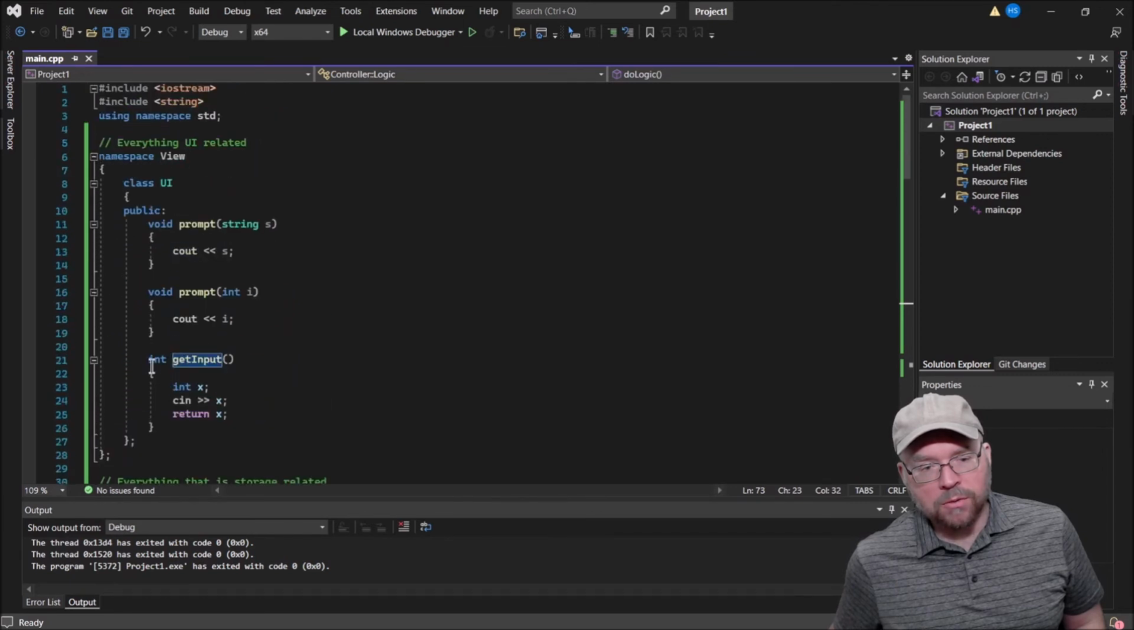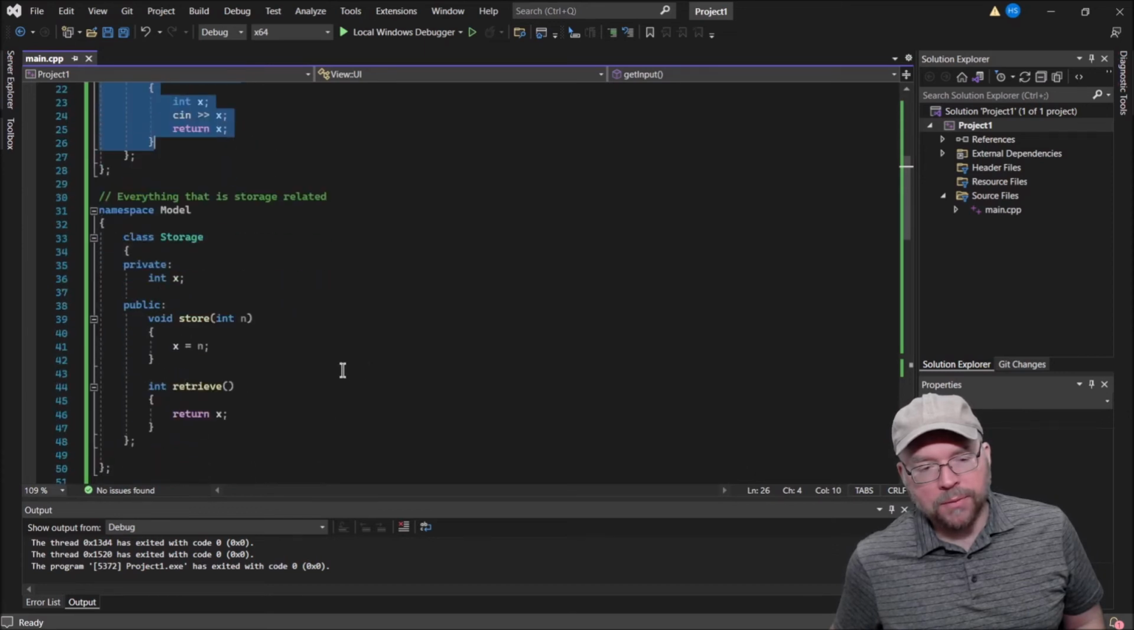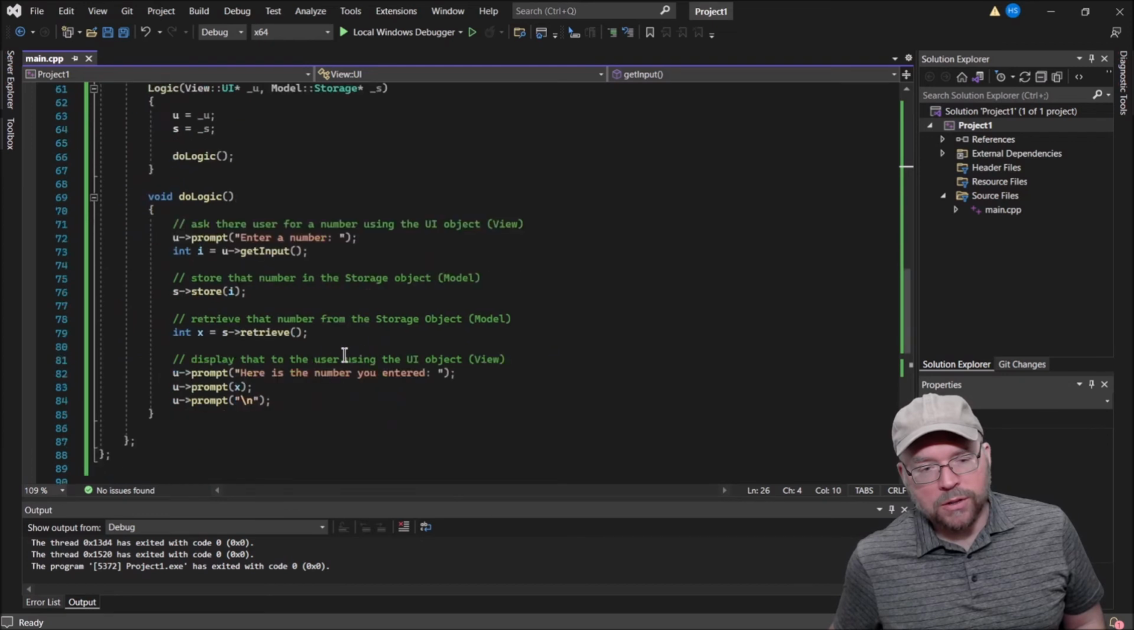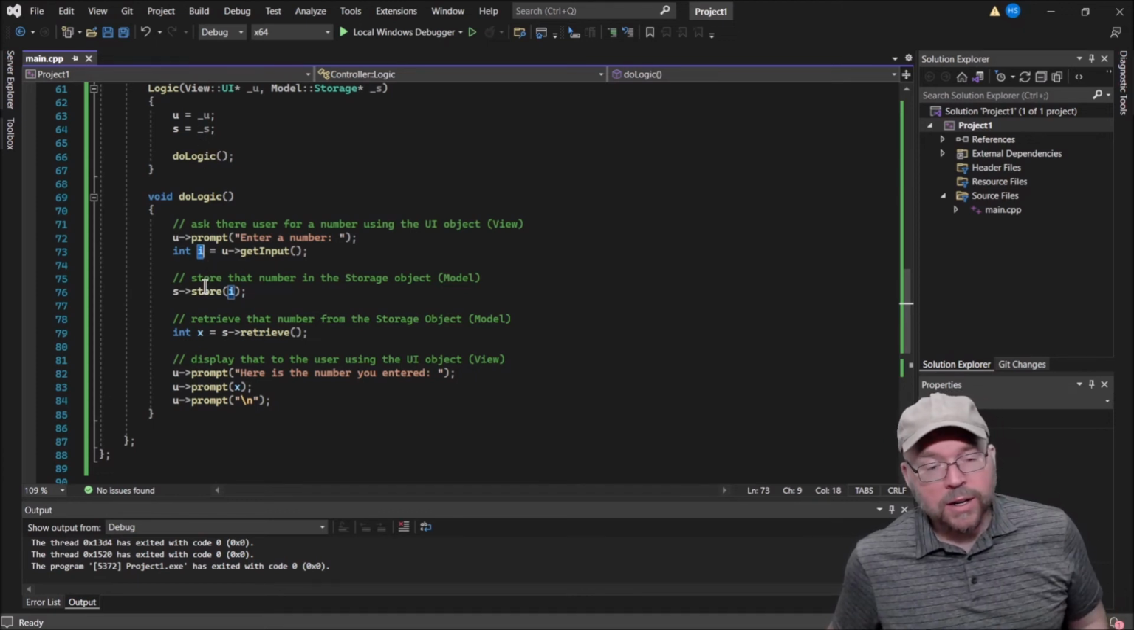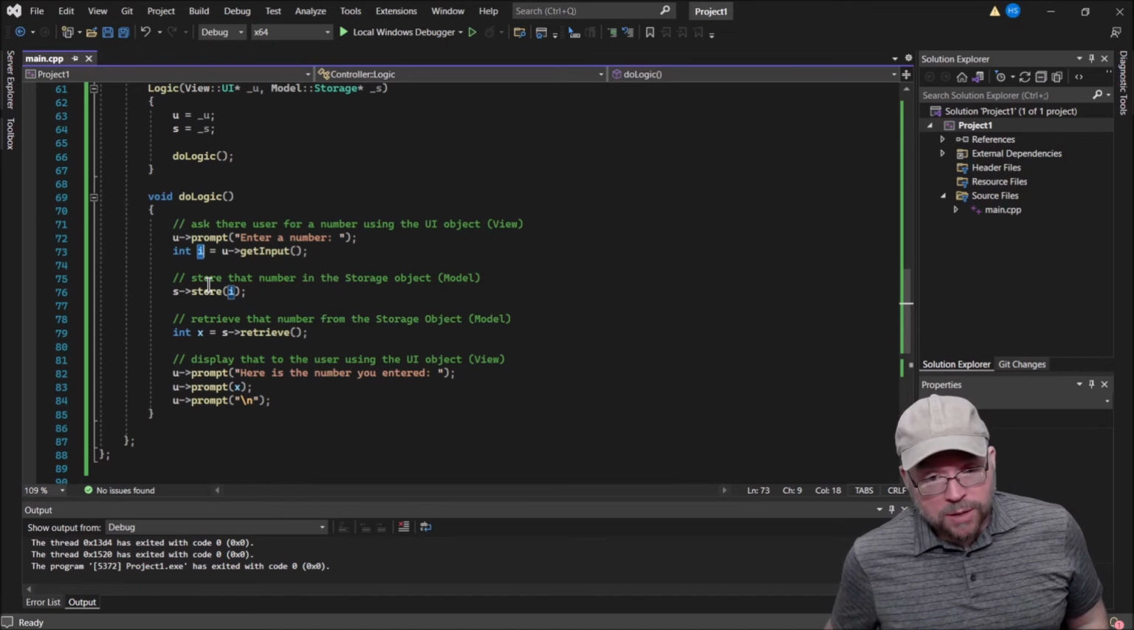So that happened right here. It simply had a cin statement and then returned the value that they entered, which was 8. So that 8 was returned and placed inside of this I variable right here. From there, the controller object, this logic object right here, sent a message to the storage object, which is